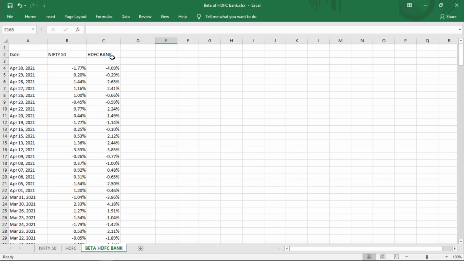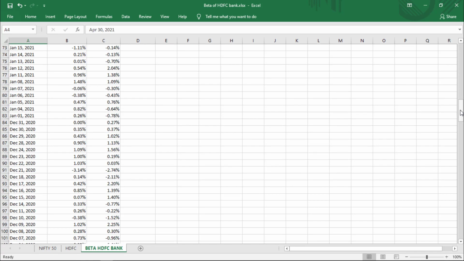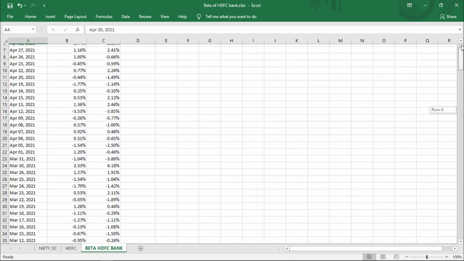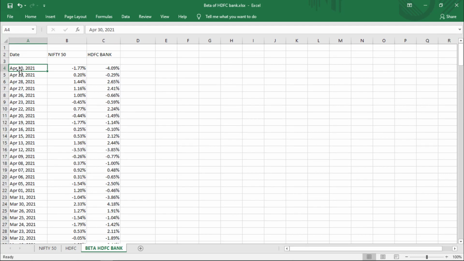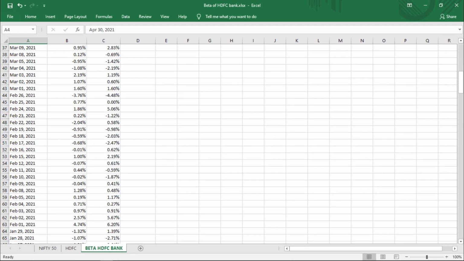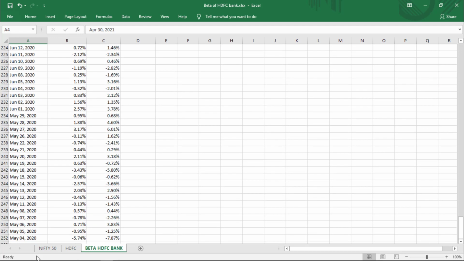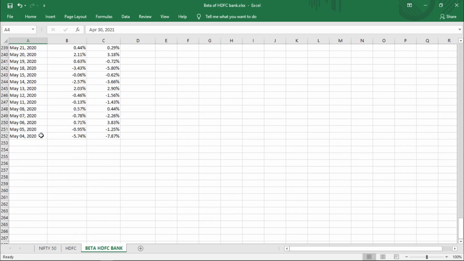So the values are from the recent dates to 1 year back. So the data is from April 30, 2021 to May 4, 2020. So it doesn't matter in which direction you go.